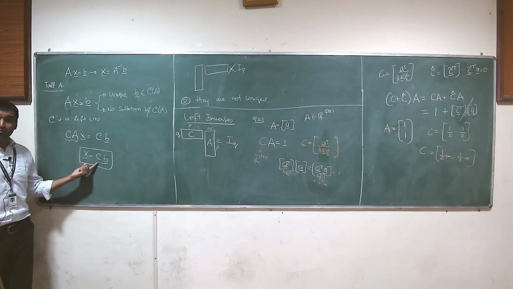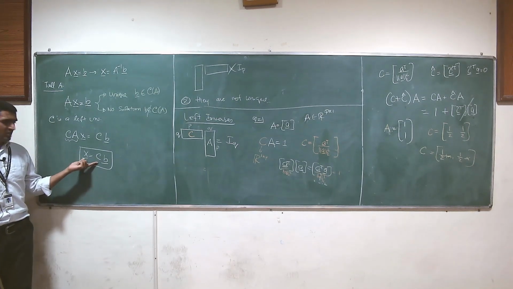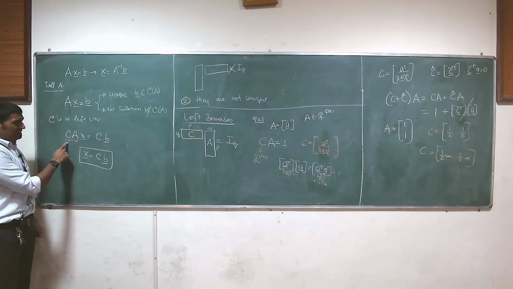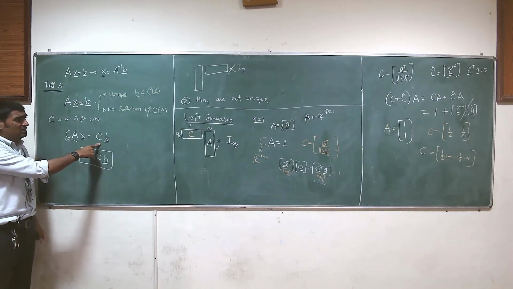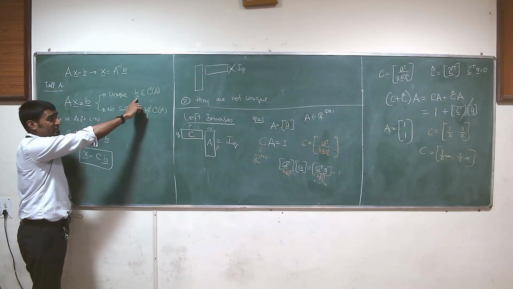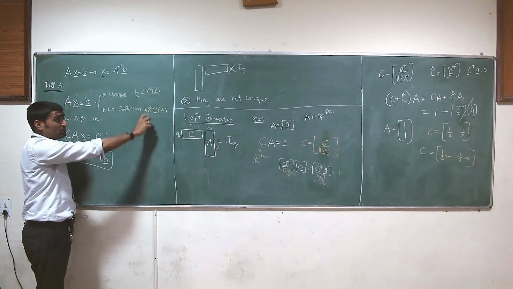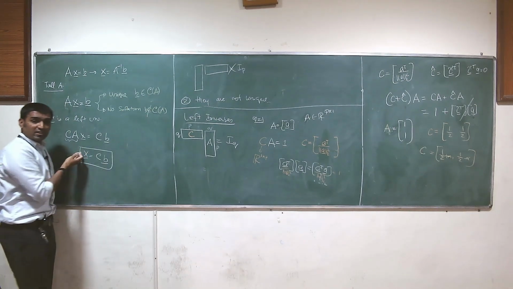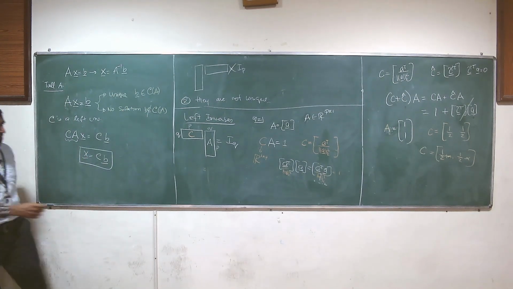You can use any left inverse to solve this, but here is the catch. This multiplication that I did had no relationship to whether B was in the column space of A or not. I could have done this for anything. Right? For example, if you do this,